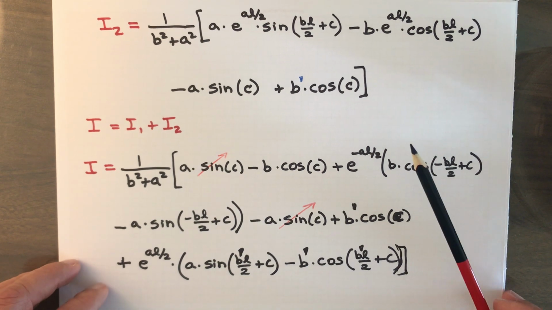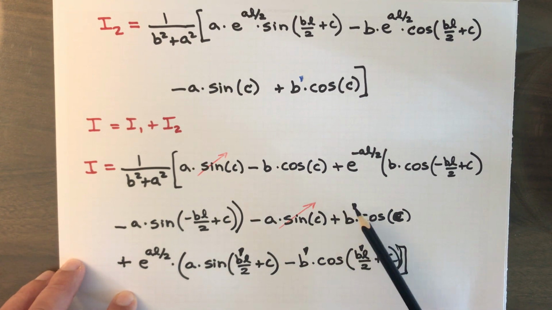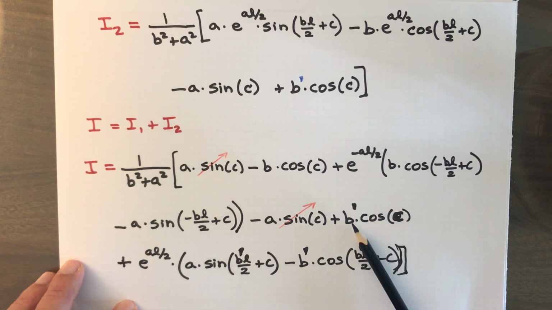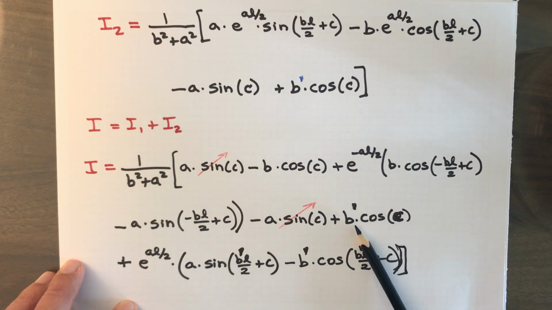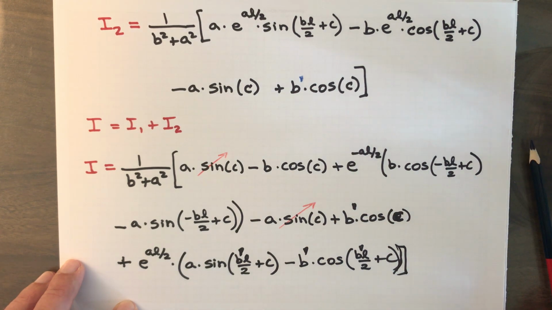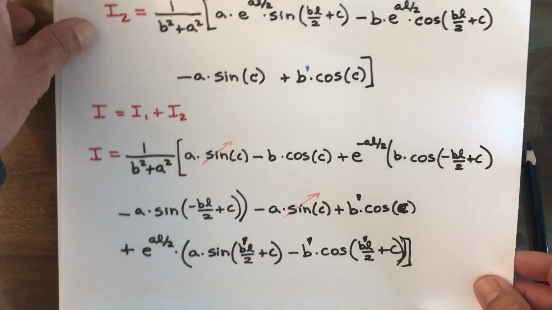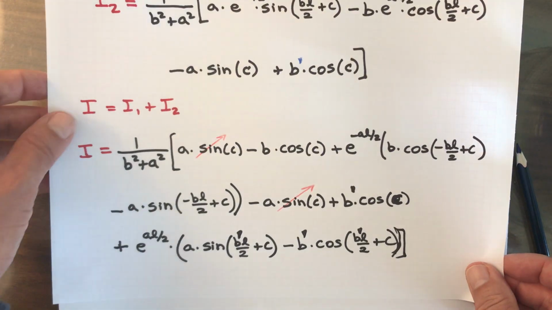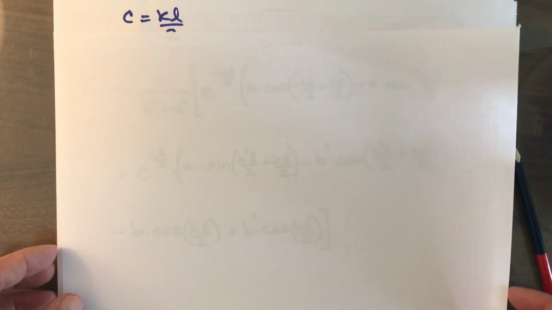It's very long, but we're able to start canceling out terms. Notice that this is where that b prime strategy comes to help us out, because if we had put down b, we might have been tempted to go ahead and cancel minus b cosine c with plus b prime cosine c, but we cannot, because there's a sign implicit in that b prime term. So once we have that, we can go ahead and now start substituting back our terms